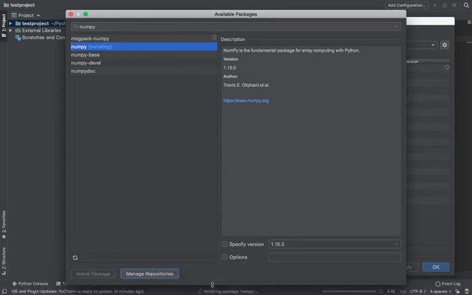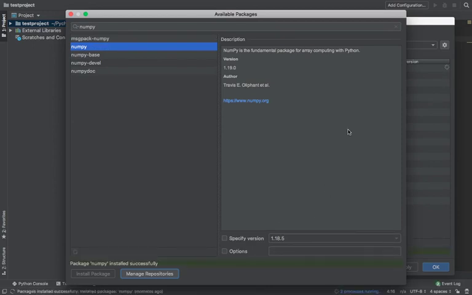Okay, so you can see here installing package NumPy. It will take some time because it depends on your internet. Yeah, you can see it gives a message, package NumPy installed successfully.